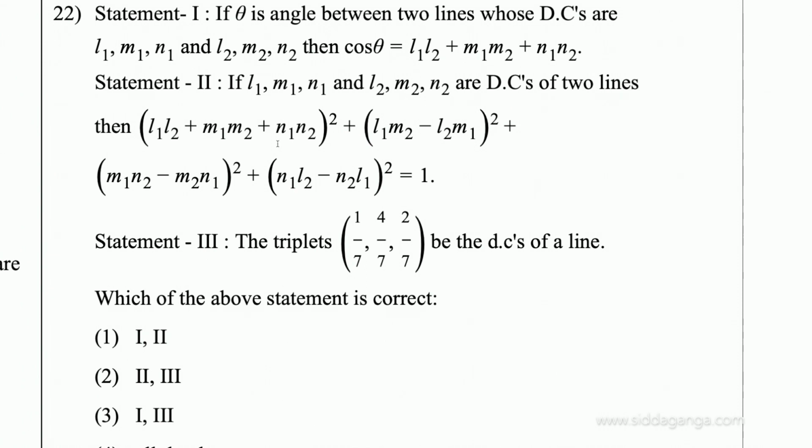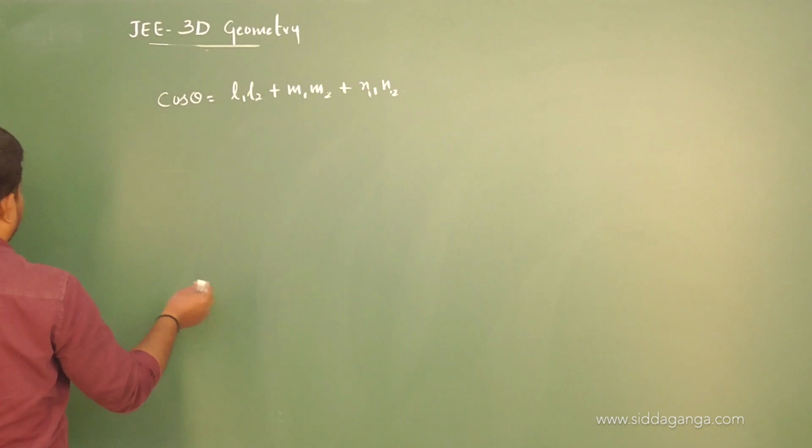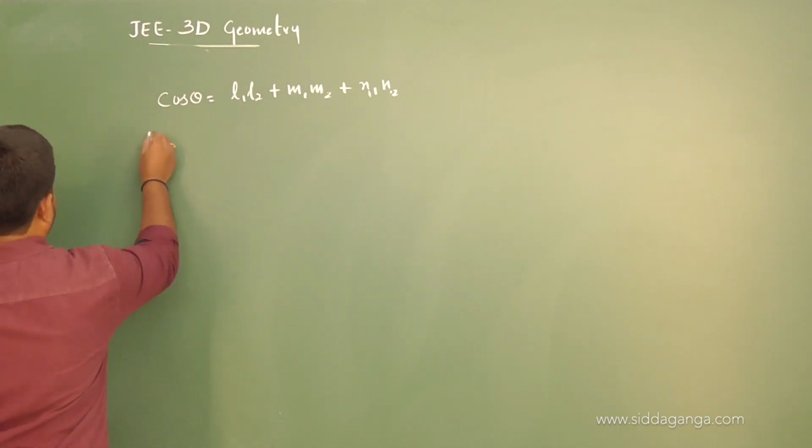The value of (L1 L2 plus M1 M2 plus N1 N2) whole square plus (L1 M2 minus L2 M1) whole square plus (M1 N2 minus M2 N1) whole square plus (N1 L2 minus N2 L1) whole square is equal to 1. Of course, this is also true because in vector algebra we have discussed the result that for any two